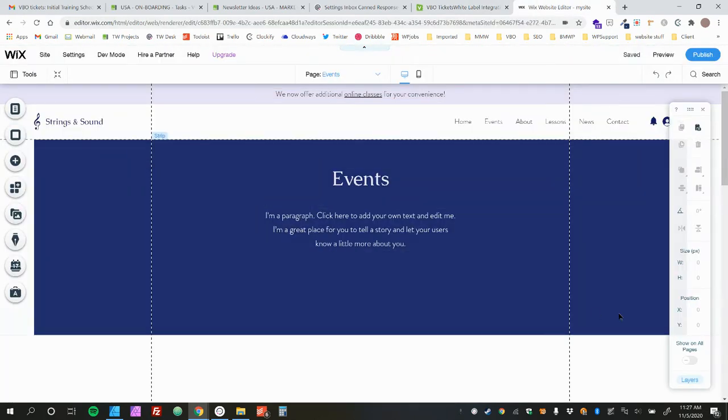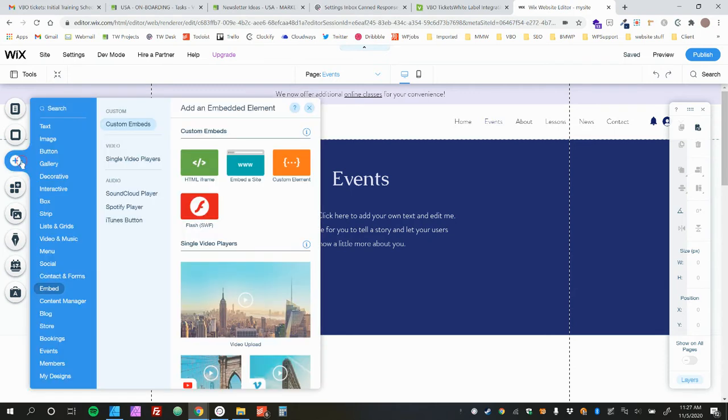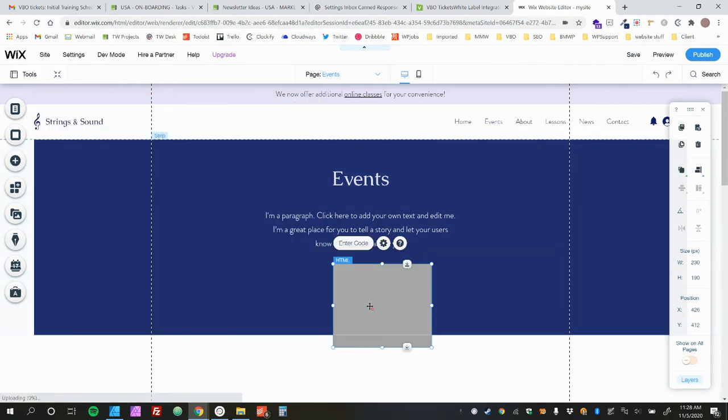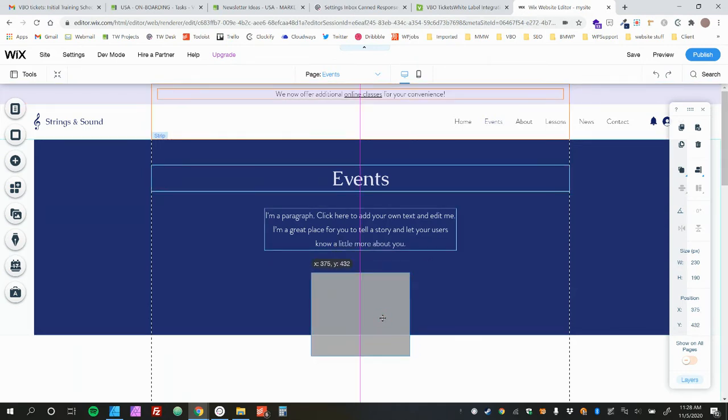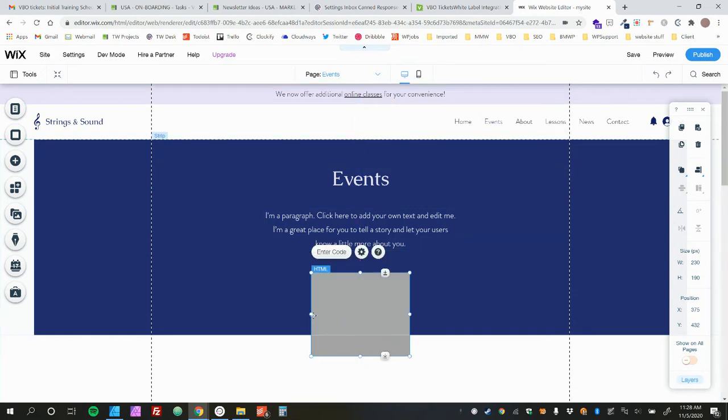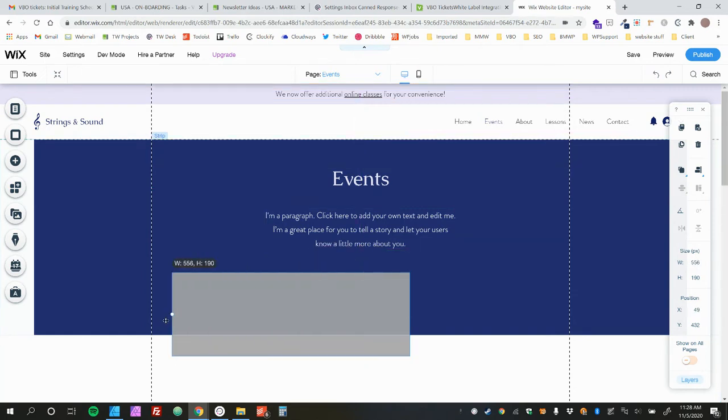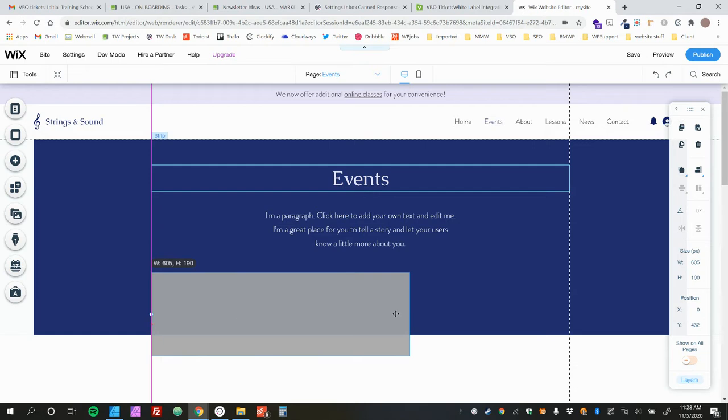And I need to add an HTML iframe to this page to put my code in. So I'm going to click on Add, and then I will go to Embed if I wasn't there already. And I'm going to drag this HTML iframe into the middle of the page. Now I can drag this and it will be centered, and you can use these guidelines on the page to make sure it's centered,